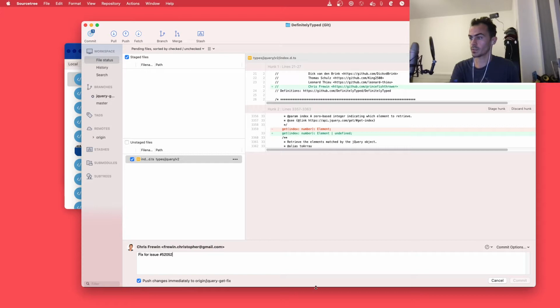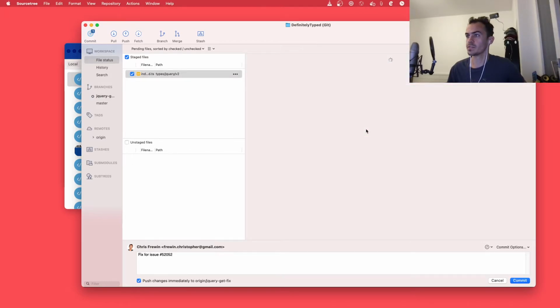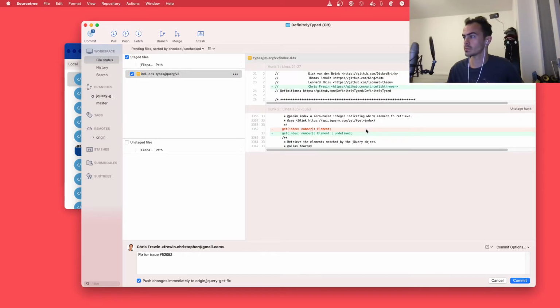So this will create a new branch. Stage it. Question is if it's in the other, if it's in V1. But people using jQuery V1 but with TypeScript types, I think have other problems to be worried about.